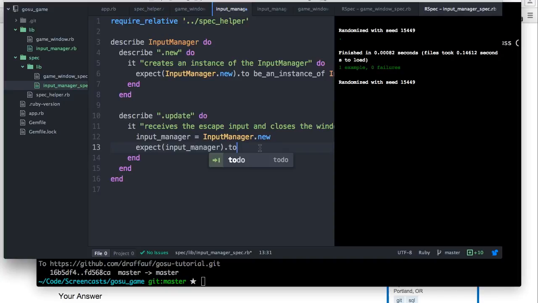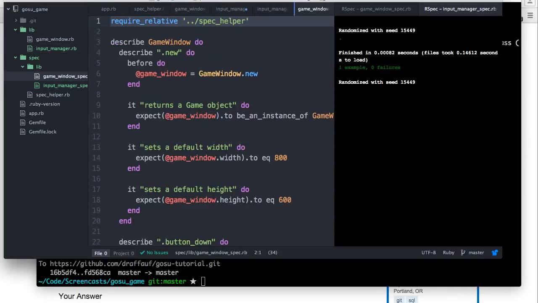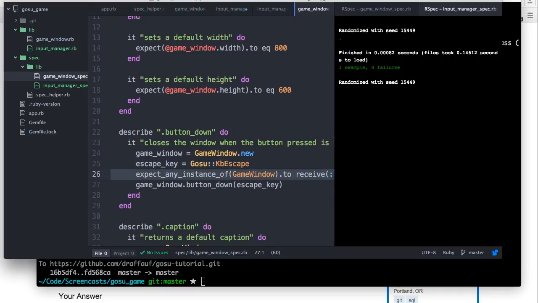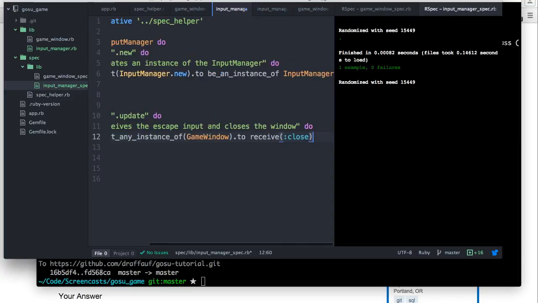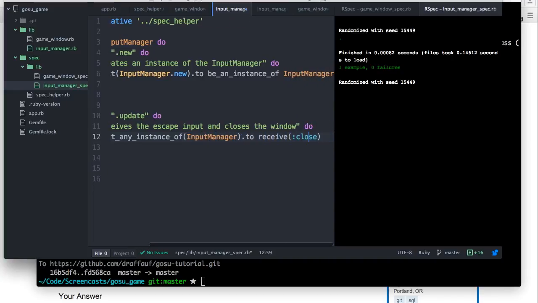So what do we want to do? So we're going to receive the input. So we may want to do something similar to our previous example over here. So I'm going to start with something like this. I want to expect any instance of input manager to receive